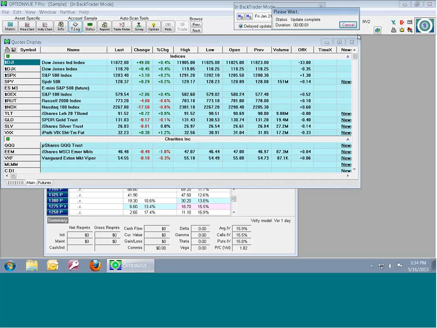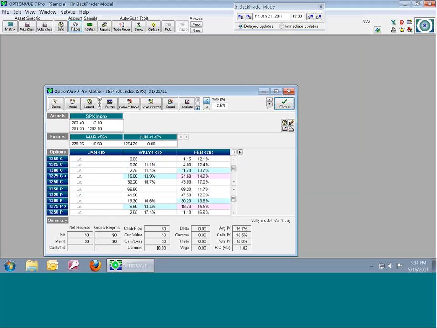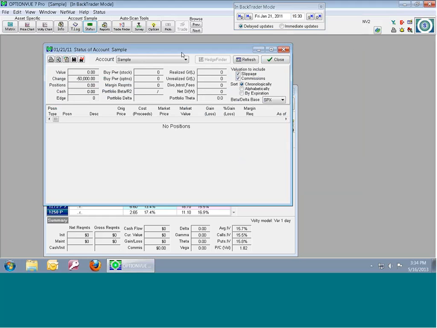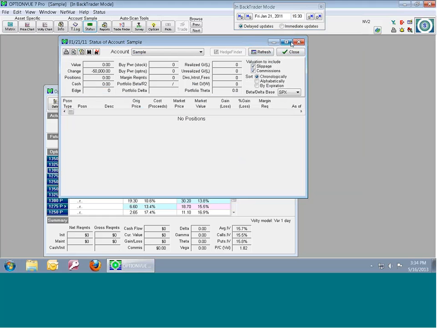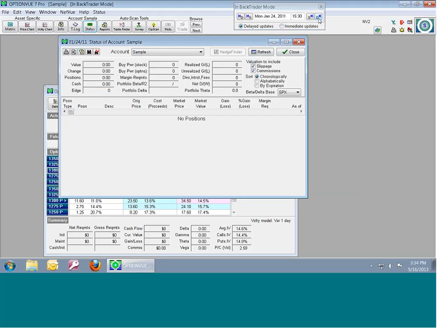So each time it's got to go through and update that quotes display. If you're not really using the quotes display and you're doing trades in here, and then maybe having the account status open once you have your positions, you can just walk through day by day. Now, it is important when you're doing this backtesting and going through day by day getting the updates, that you keep this account status open so that it writes that history that we were talking about,